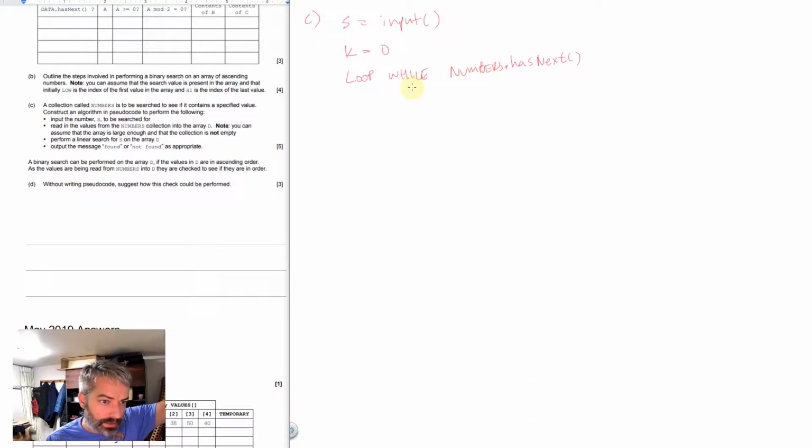our array D. And I don't think we really need to declare D, so I'm just going to say D[k] is equal to numbers.getNext. And then k is equal to k plus 1, so we're going to increase the value of k as we go through, and that should take care of